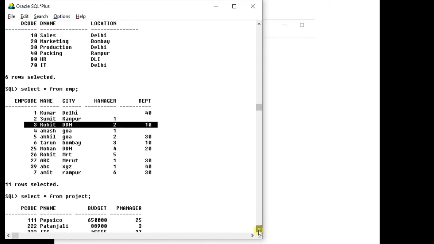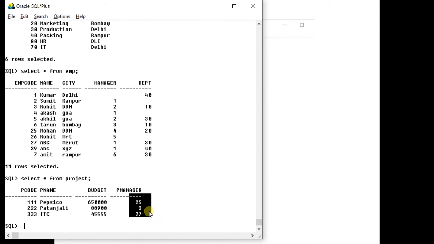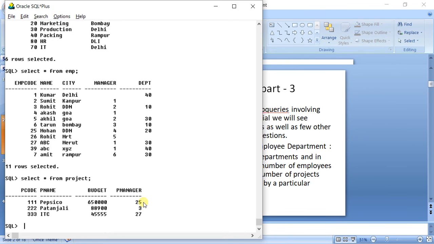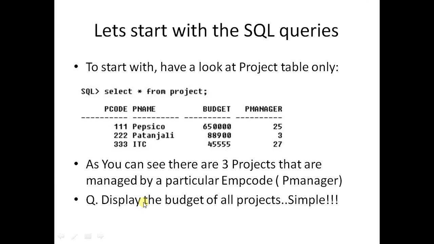And there are a few projects that are headed by an employee. So you can see this is a simple case. Make sure that you have created this table on your laptop, consisting of these three records.